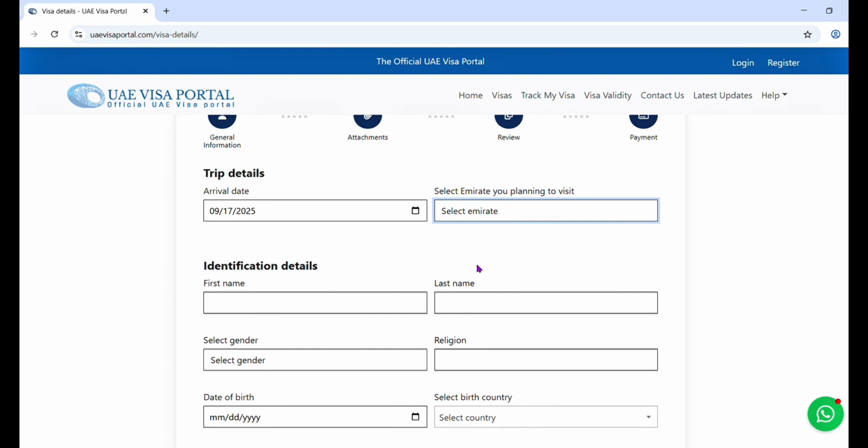You can choose the emirate and write your name. If your name is George, then George, and your last name, George Matthew, or like that. All the data you should fill in based on your passport details. Don't use any other ID details.